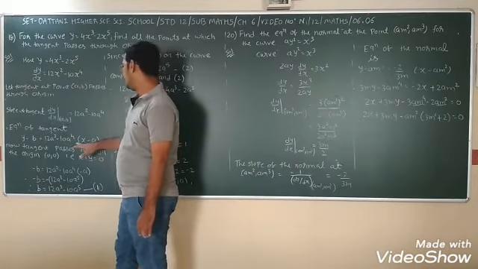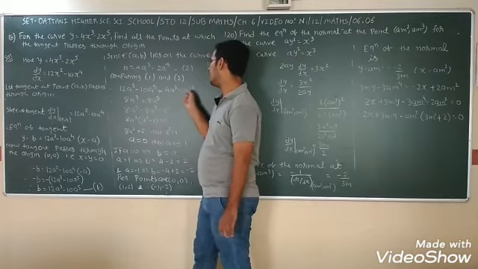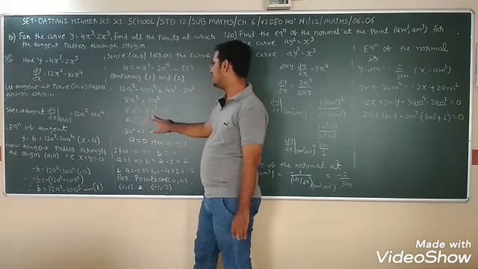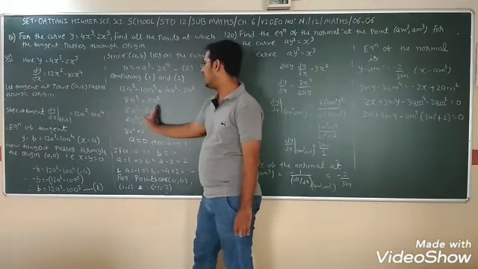4a cube, changing sides, 12 minus 4, 8. This comes to this side, minus 2 plus 10, 8. Changing sides, 8a raised to 5 minus 8a cube. 8a cube common, a square minus 1 is equal to 0. So a cube is equal to 0 and a square is equal to 1. So a is equal to 0 and a is equal to plus or minus 1. Now if a is equal to 0, putting in equation 2, then b is also 0. If a is equal to 1, then 4 minus 2, that is 2.